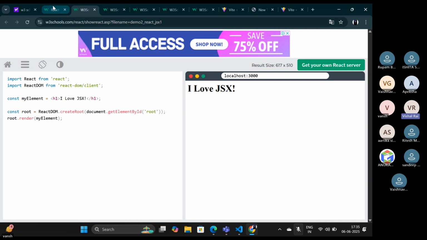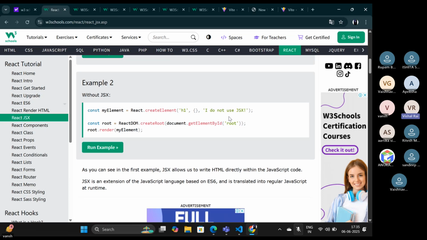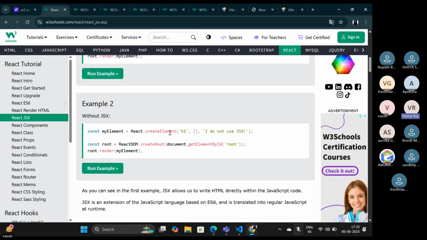Now we are doing the same without JSX. Without JSX, we have to create an element first in React. So creating element h1, then we have to use